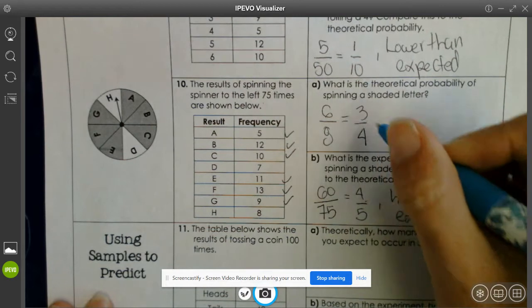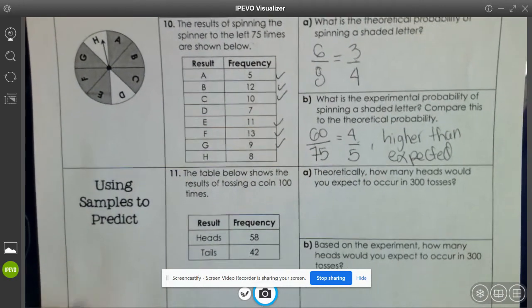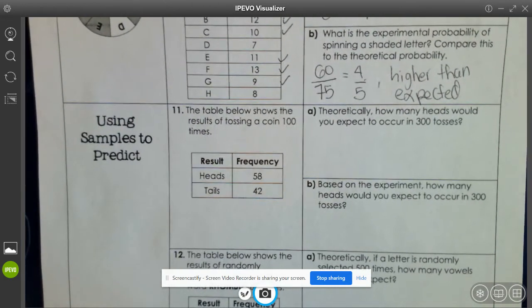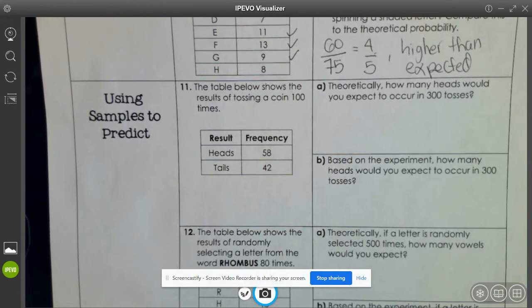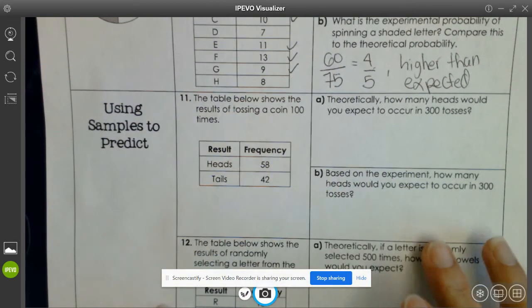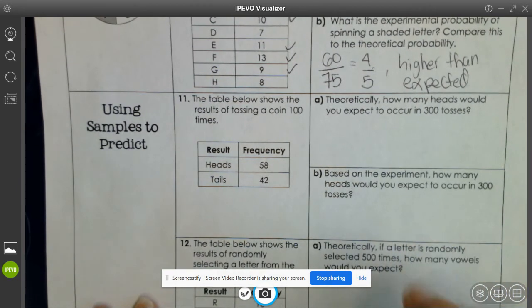Just because this fraction is bigger than this fraction. Okay? All right. So what happens when we're missing some of the numbers here? Let's find out using samples to predict what could happen. So it's part of this theoretical and experimental